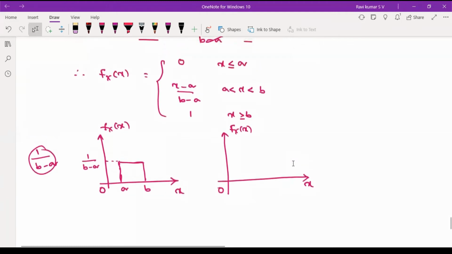You can see this value for x up to x is equal to a, the value is 0. So now I am taking up to x is equal to a, the value is 0, and at the b value, the value is 1. So here I am taking b, the value is 1. So x greater than or equal to b, the value of the function FX of x is 1. So from a, it is a function. So you can draw this as